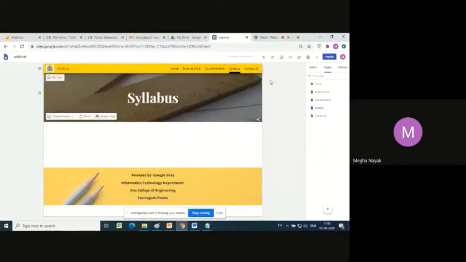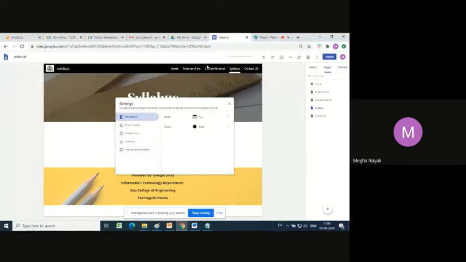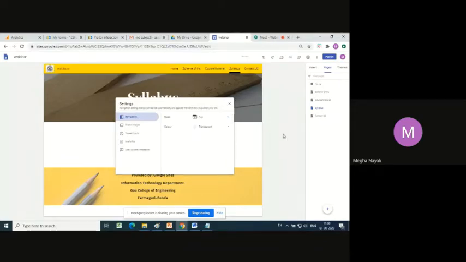Okay. So now I click on this color and you see transparent. You may choose it as white. So this whole thing takes on white. And if you want, you can choose it as black. The whole thing takes it as black. You may again put in your own colors and beautify it more. So I'm done with this portion right now.